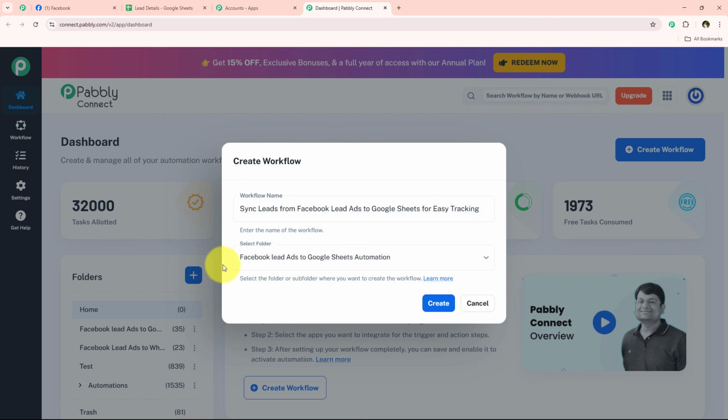And now after selecting the folder, I'm just going to move on further. But over here, if you want to create a new folder, you can simply go towards this learn more hyperlink, and from here you can learn how to create the folder. All right, so I'm just going to simply click on this button which says create,